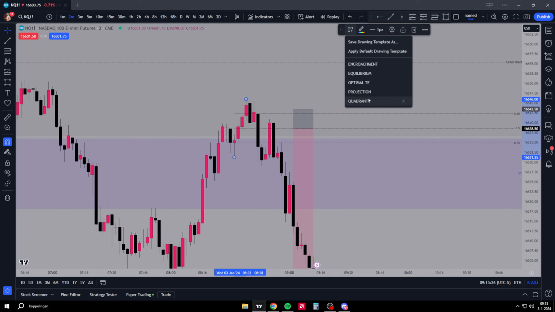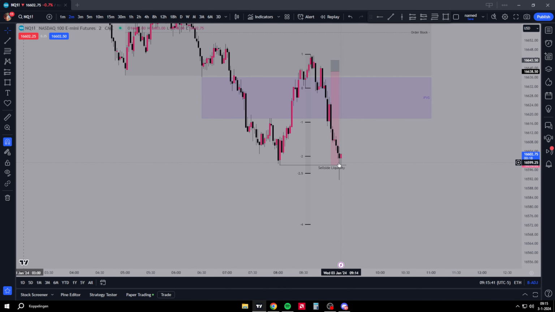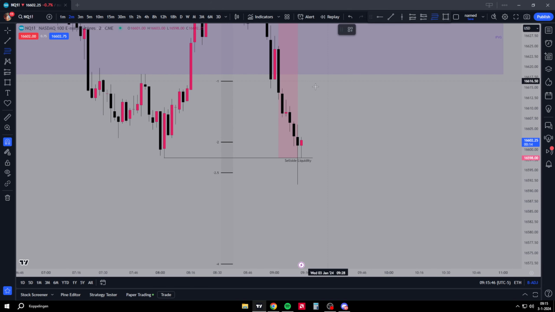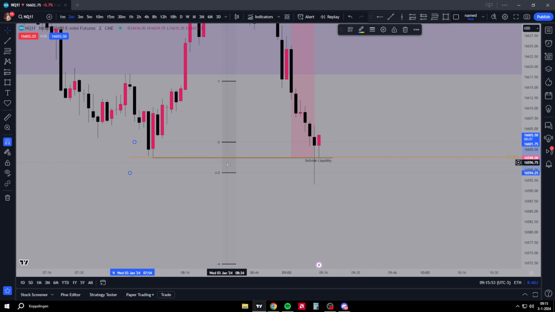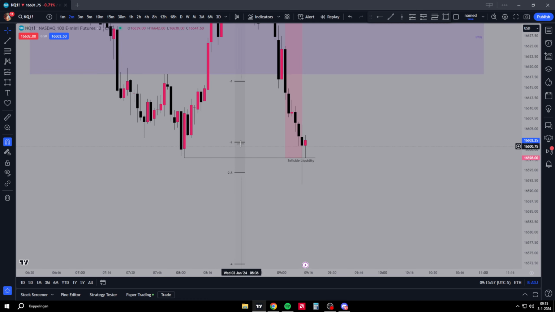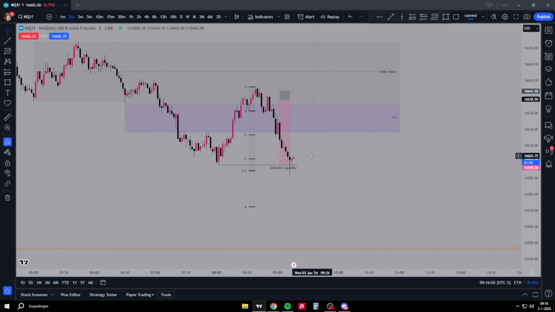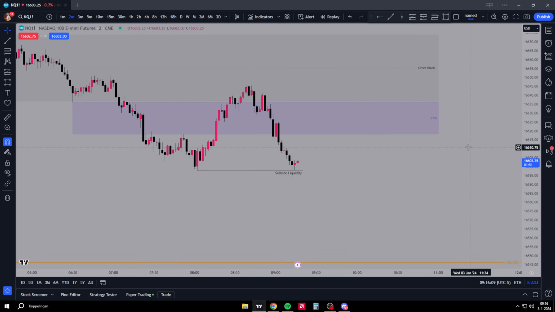If I take it to here, I take my standard deviation from there to there, and that gives me this low at 2 to 2.5 standard deviation. I'm seeing it now, not that I saw it before. Equilibrium of this standard deviation, which would be 2.25 standard deviation, lines up perfectly, and that's just beautiful. We hit the target, by the way, and that would be a 1 to 8 risk reward trade, which would be crazy.